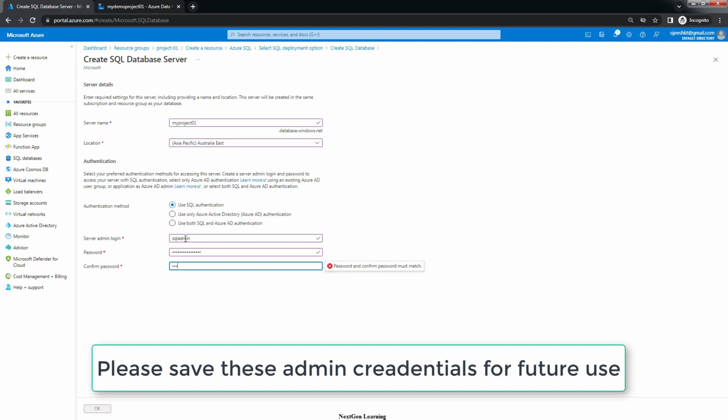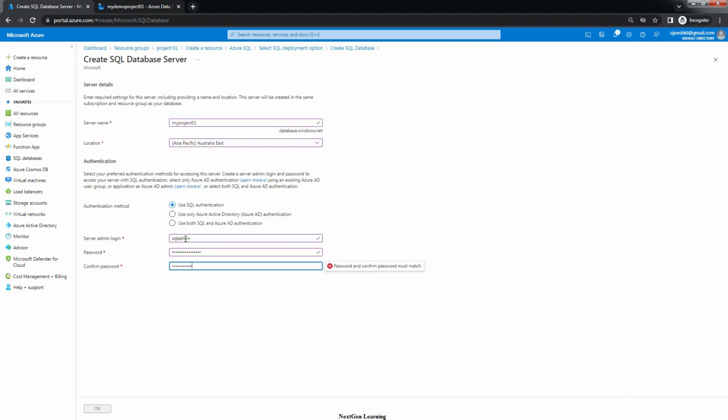Use the password. Okay, then go ahead and create. So this is my server name, and this is the location where I'm going to deploy the server, using the SQL authentication, and this is the SQL admin user and password. Make a note of this credential because we will need this credential in future,